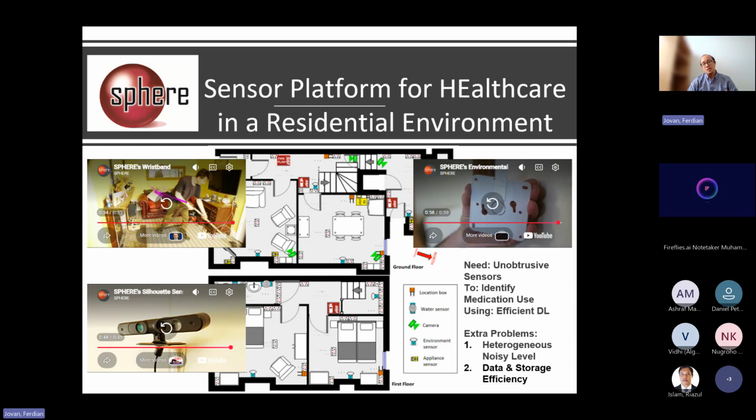So to do this, we cannot use robots anymore. We definitely need continuous and constant data collected for the deep learning to learn from. And this is the advantage of a smart house over a robot, because you can collect data continuously, especially in the house. But you still need to be aware of personal space and data privacy, because we don't want to violate their personal privacy, like installing a camera in their bedroom and their bathroom.